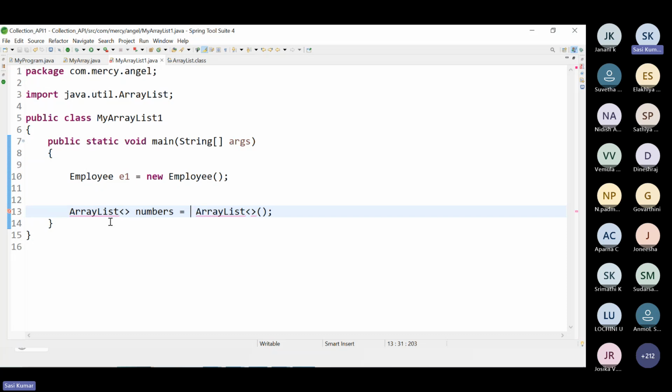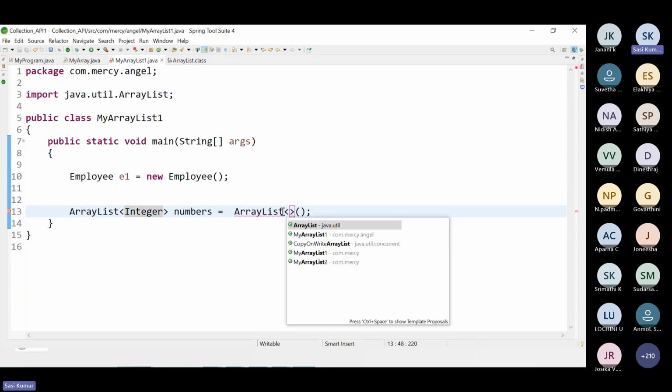It wants to know what type of values you are going to store, what the data type is. That's what it is asking. If you want to store integer type values, then you can type Integer.